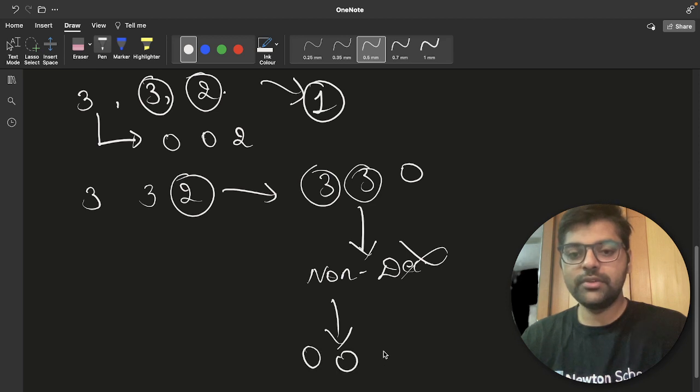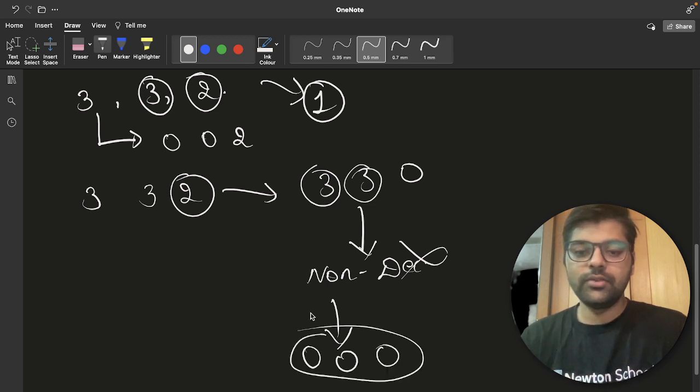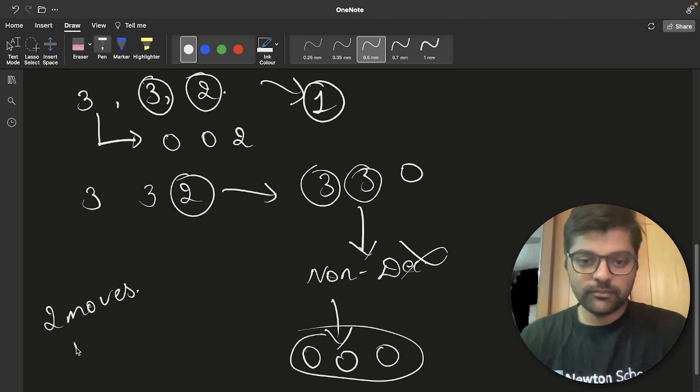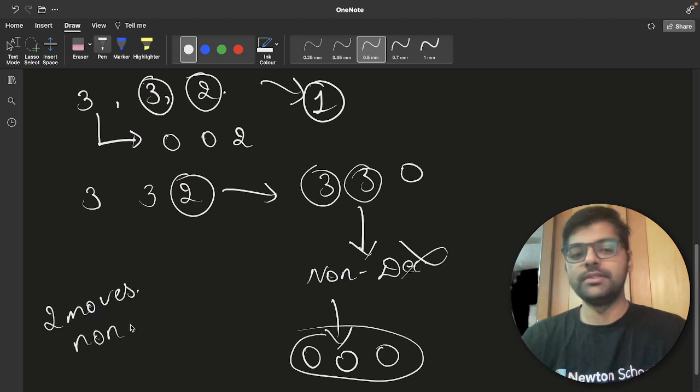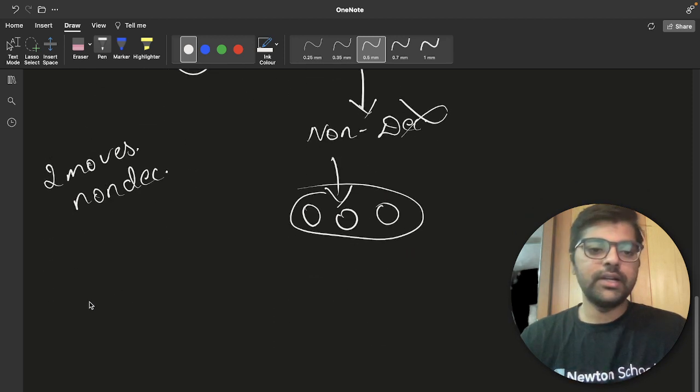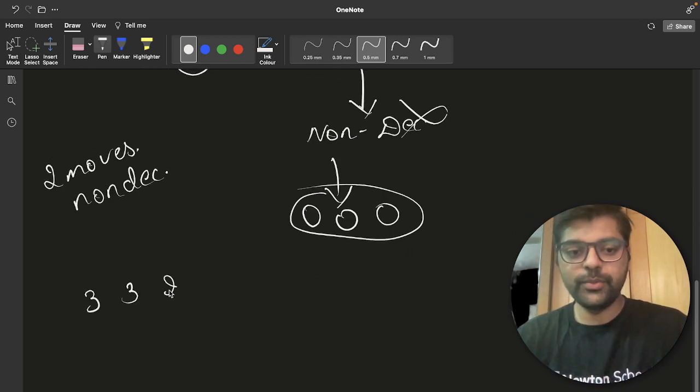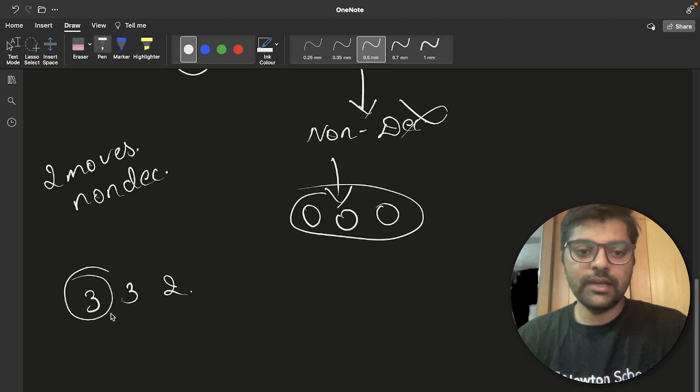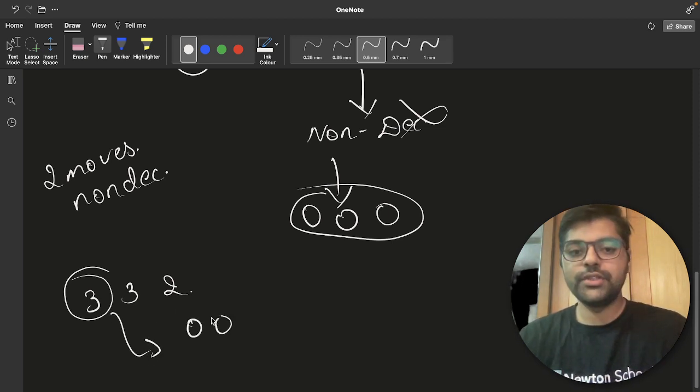Then it will become 0, 0, 0. So in 2 moves you are getting non-decreasing order. But in the earlier case, 3, 3, 2, if you make 3 as 0, the number occurring earlier, then 0, 0, 2 is increasing, and you get it in one move.